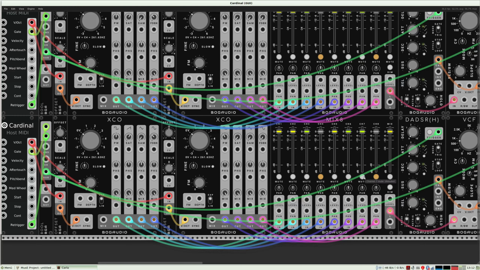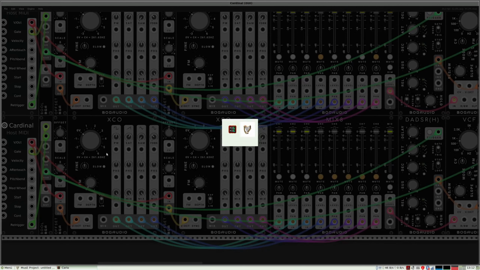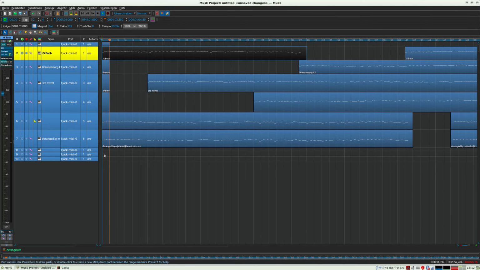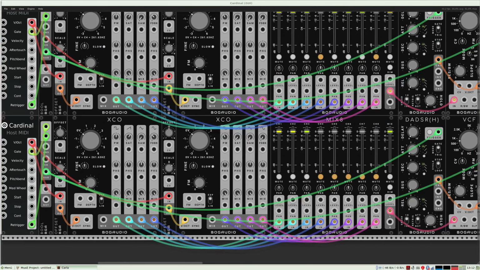So I only activate the first XCO and let's have a look how it sounds. It sounds bad. Ah, the scale here is